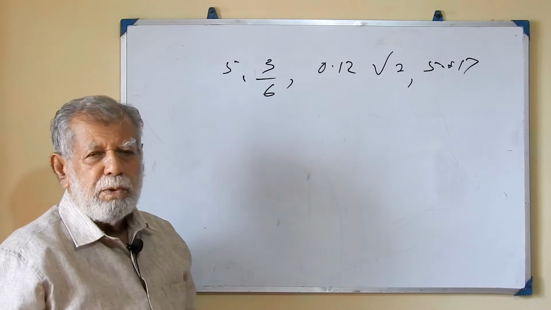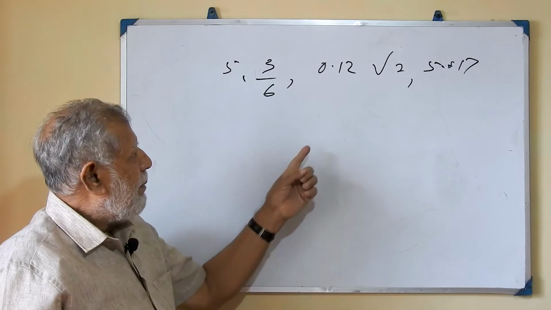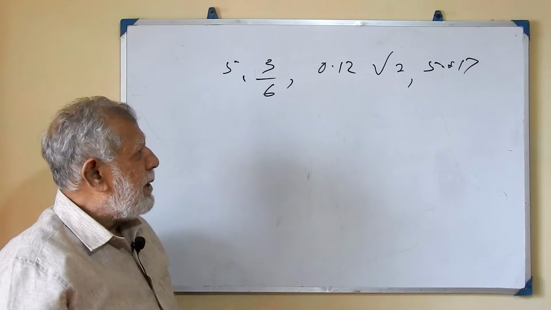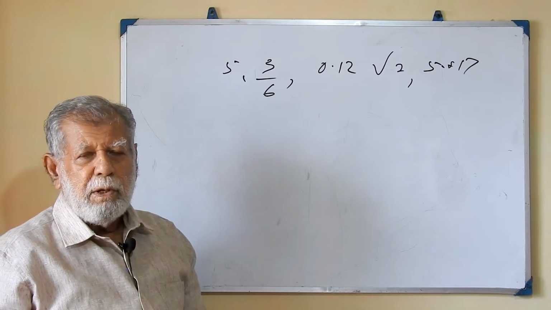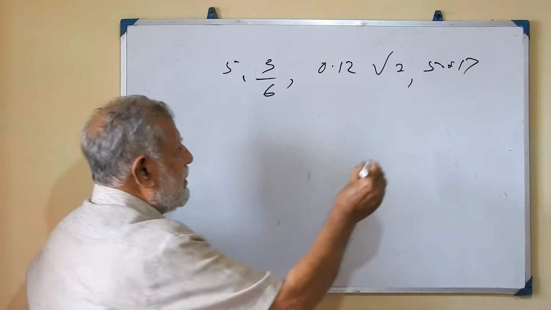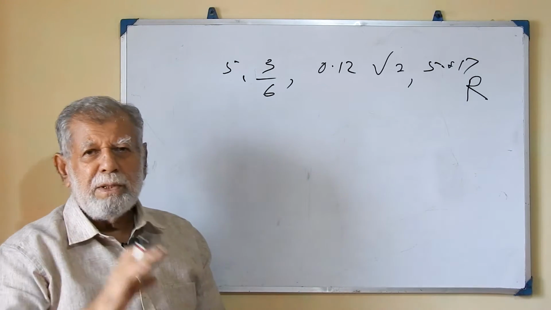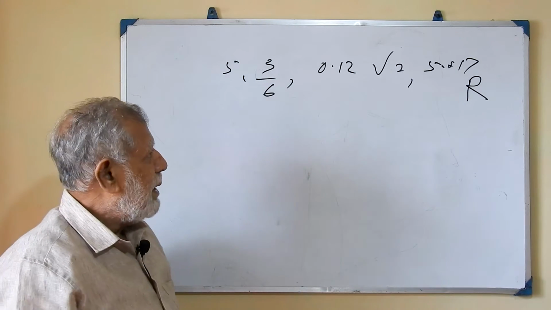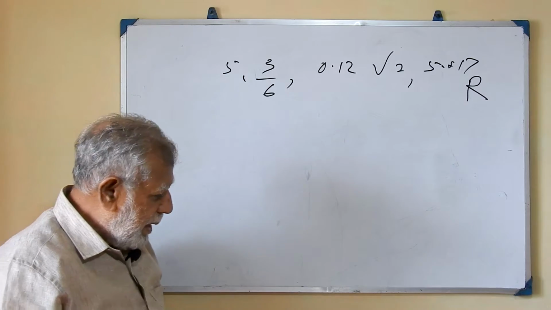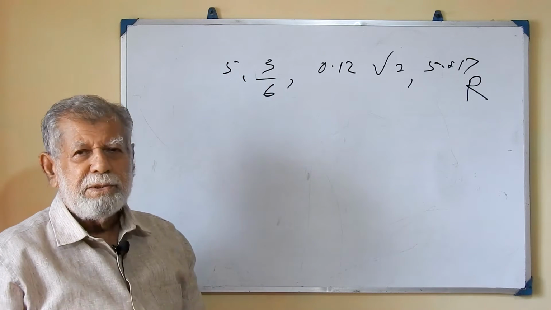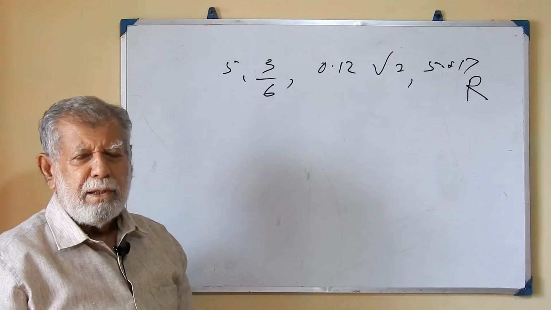We don't use any other numbers in the O-level. So up to now you should remember what these numbers are. For real numbers there is a symbol used. What is the symbol used for real numbers? The symbol used is R. R means real numbers. All the numbers that we use belong to the real numbers, and we call it by a symbol R. Now, in the real numbers, children, there are two important divisions called rational and irrational numbers.